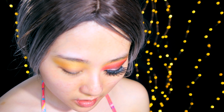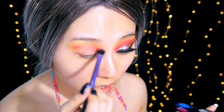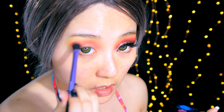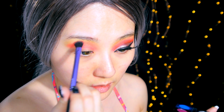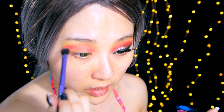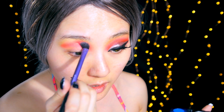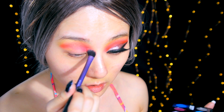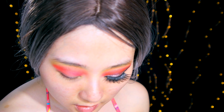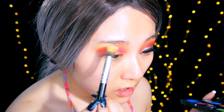The next color I'm gonna use is from the Urban Decay Electric palette right over here, and I'm gonna put it right under the yellow and into my crease. You also don't need to bring the color down too much because this is still mainly a transition. You wanna see where it connects to the yellow and the next color, and before it gets together it will look a little bit messy, but it's okay. Okay, like so. And then take the previous yellow brush and just blend it over the edges of these two colors